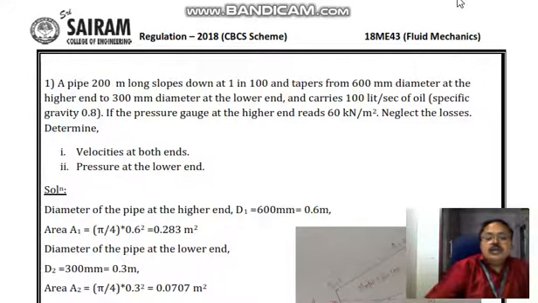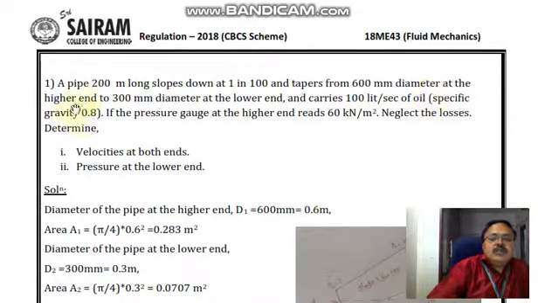Good morning, friends. Today we are discussing problems on continuity equation. The statement of the problem goes like this. A pipe 200-meter long slopes down at 1 in 100 and tapers from 600 millimeter dia at higher end to 300 millimeter dia at the lower end and carries 100 liters per second of the oil. That is, the discharge through the pipe is that in 1 second 100 liters of oil is flowing, and it